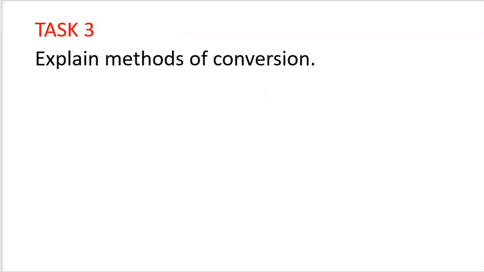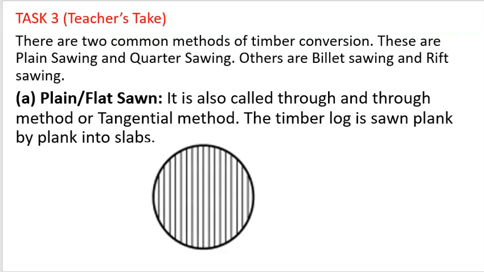Then can you explain methods of conversion? Okay, let's go there. So there are 2 common methods of timber conversion. These are plain sawn and quarter sawn. Others are billet sawing and reef sawing. So plain or flat sawn, when you, let's say you fell your tree